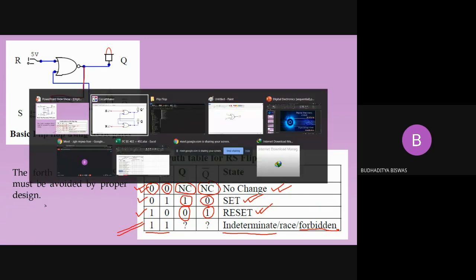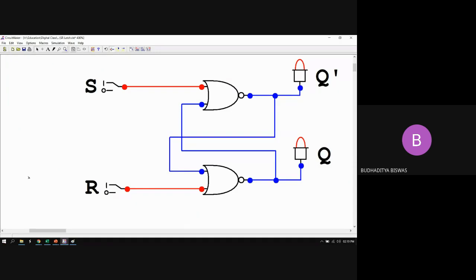Because suppose I give you 2 ICs. These 2 ICs are nothing but the SR flip-flop IC, because this thing is available in IC form. Every component in digital electronics is available in IC form. So definitely some ICs are also there for the RS flip-flop.